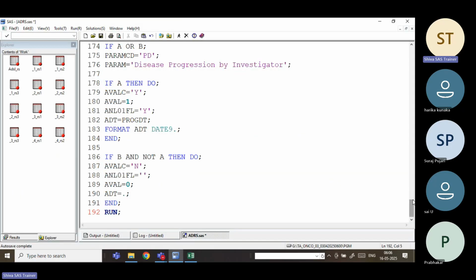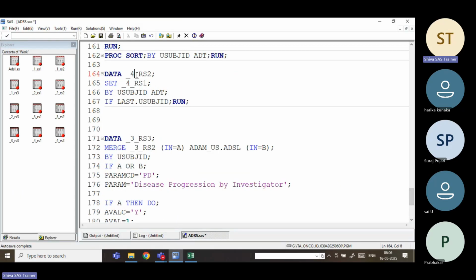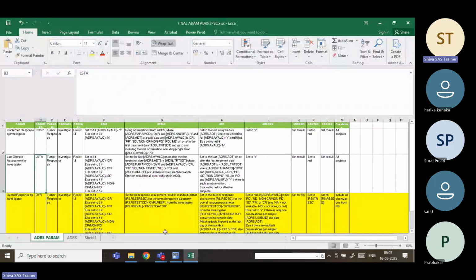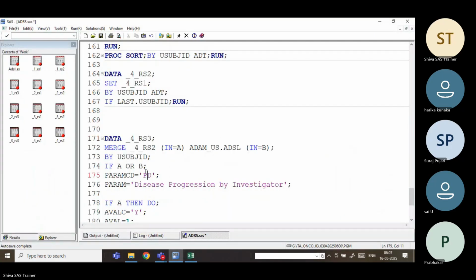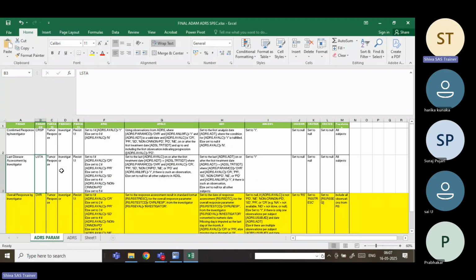Okay. So here this one is _4_RS2 and RS3, and here the PARAMCD of this one is LSTA. And the parameter is